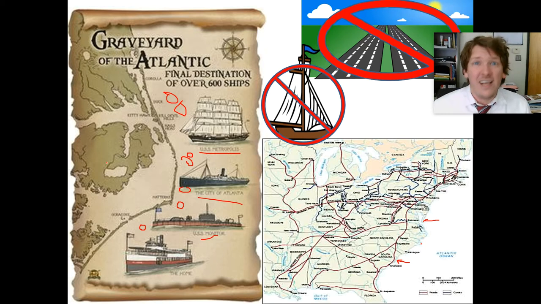And the end result is that for a couple hundred years, North Carolina is not even in the top 20 states. Early on, among the 13 colonies, we're like number 12 because we don't have infrastructure. We don't have roads, we don't have railroads, and we do not have navigable ports. We are in the race of who's going to be the best state, and we're almost dead last. And we are last for a long time.